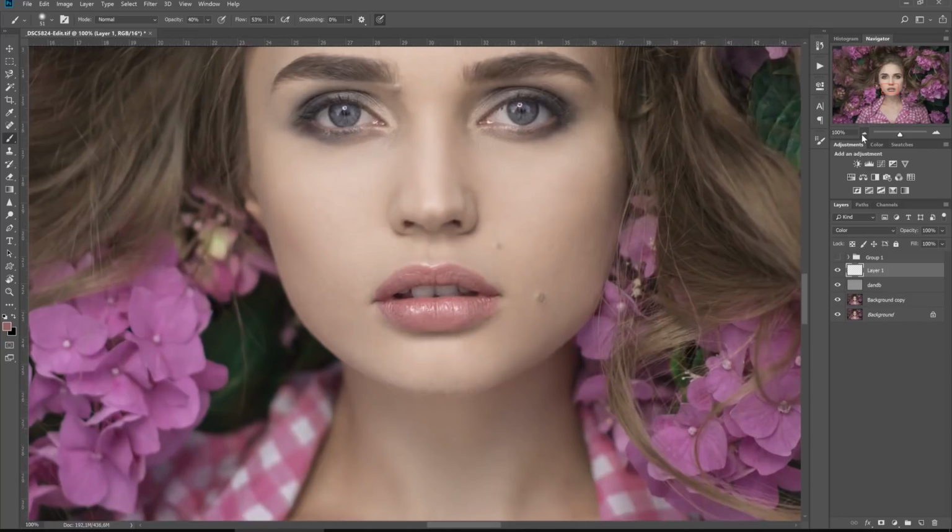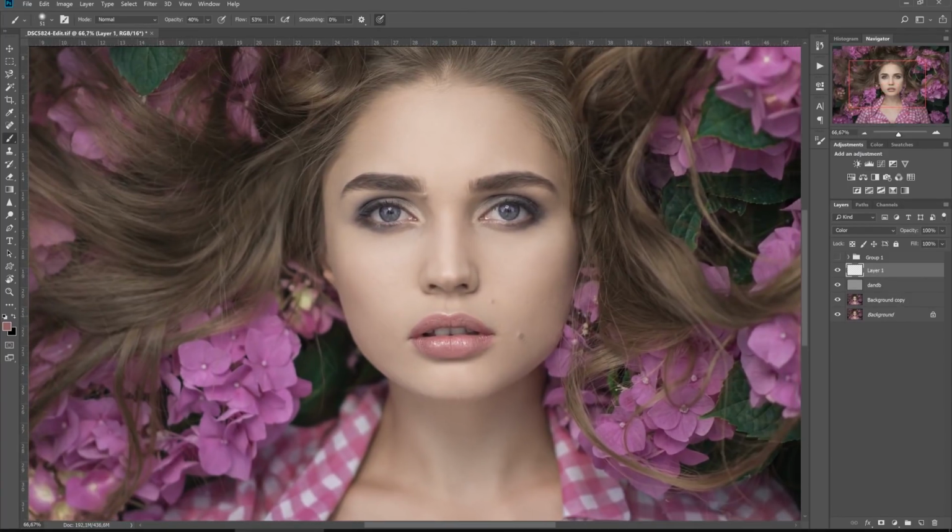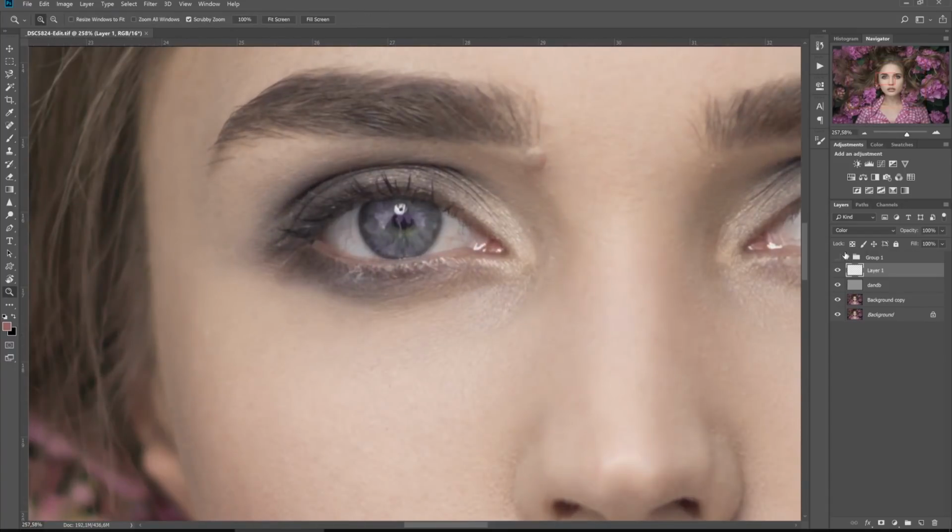Okay, perfect. No one will be looking at this picture at 200% zoom, so we can go before and after. And as you can see, those are really small changes, but they make all the difference. This is the base that we can work with. Now we will be doing some more light sculpting and play with the colors or the focus of the image. But before we do that, let's go into the eyes a little bit and maybe work on the color layer,